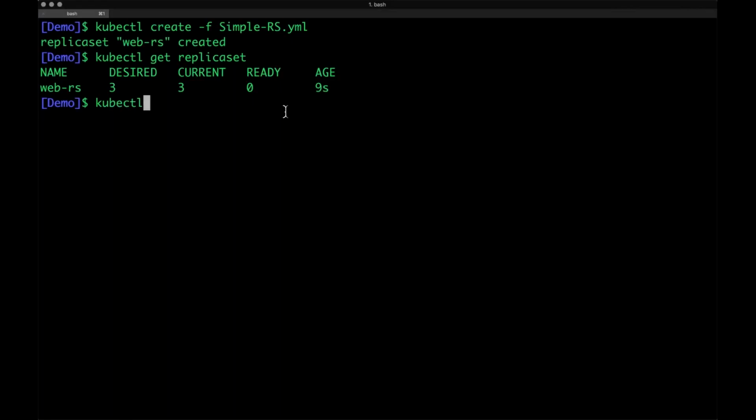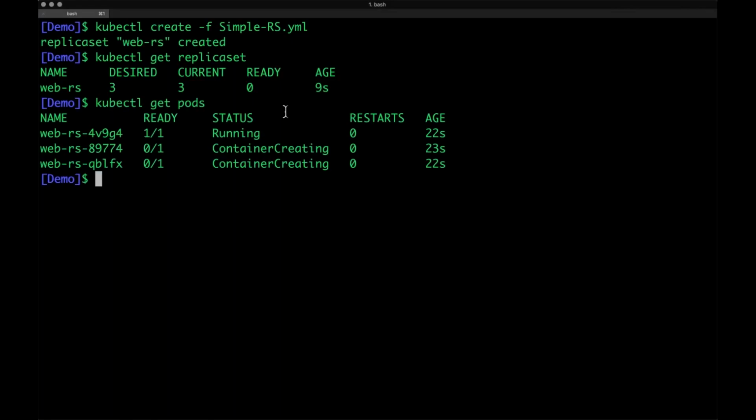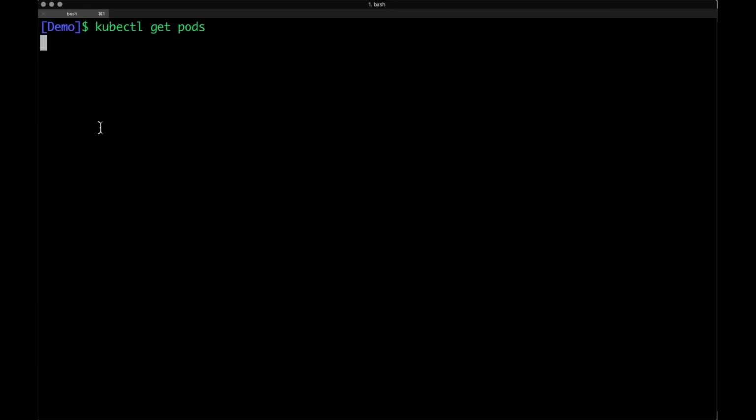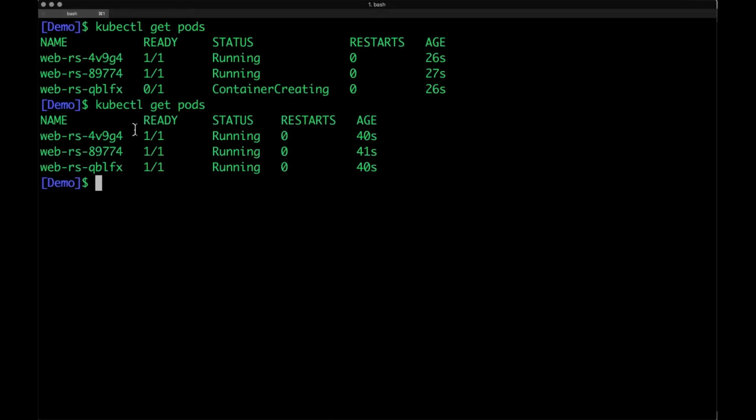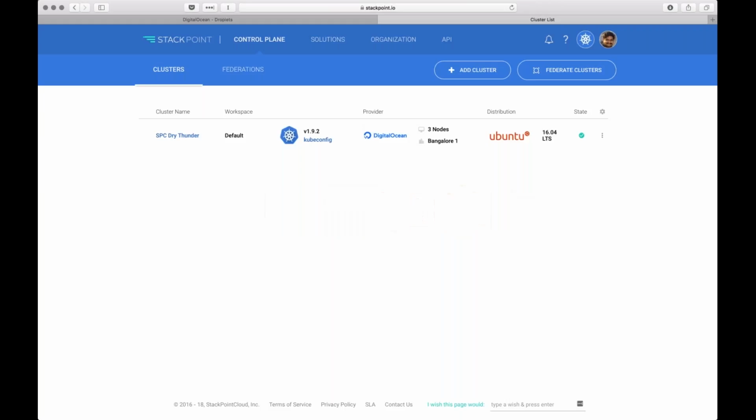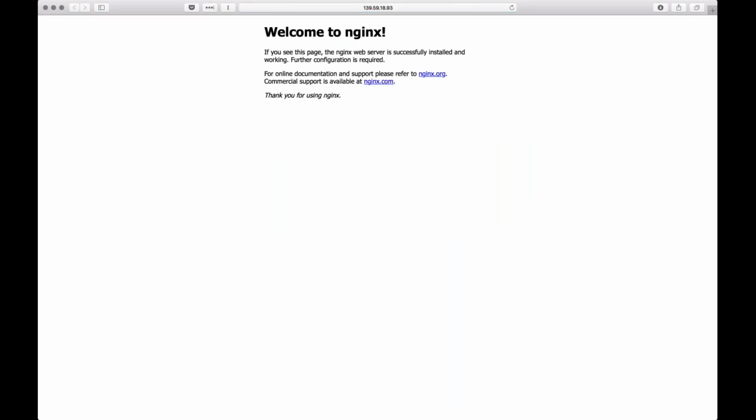So now you can verify this with kubectl get pods. And now you'll notice that there are 3 pods, and WebRS is the replica set name, and anything that follows after that is a random arbitrary name to avoid any conflicts. So now we have 3 pods. Does our application still respond? Absolutely, because they all have exactly the same